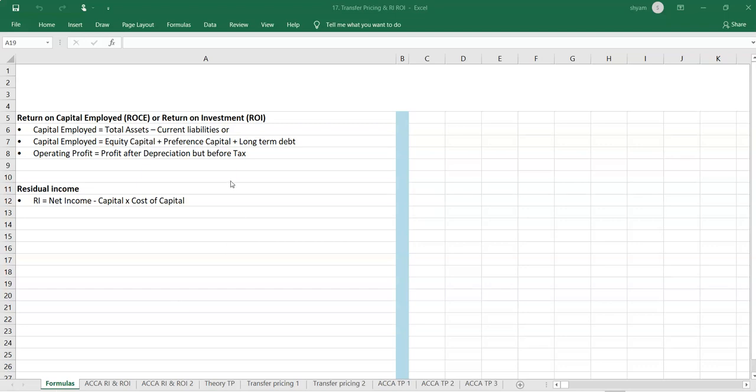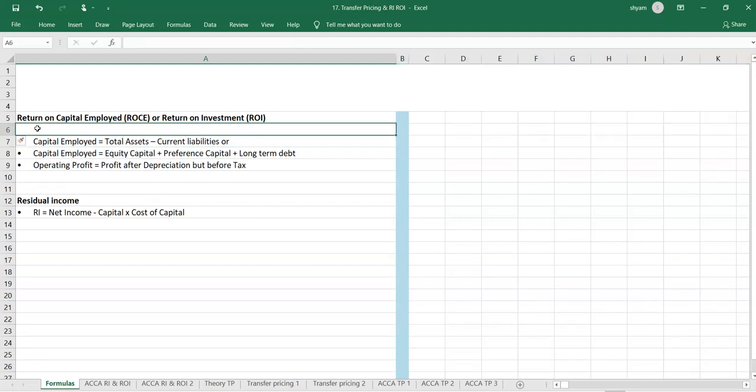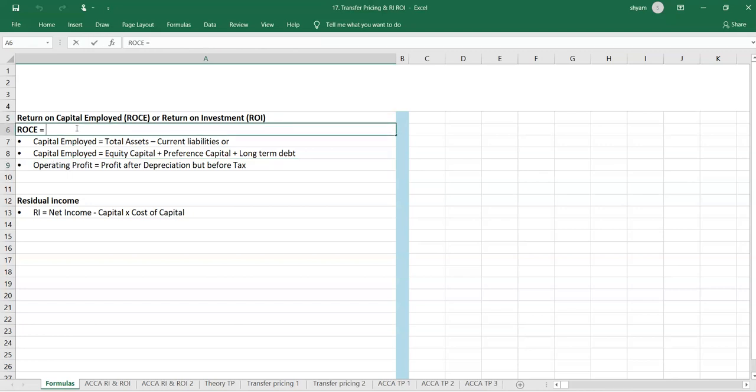So we'll start with measuring the divisional performance. Divisional performance can be measured through ROCE or ROI, or RI. So the ROCE formula works like this. ROCE equals operating profit divided by capital employed